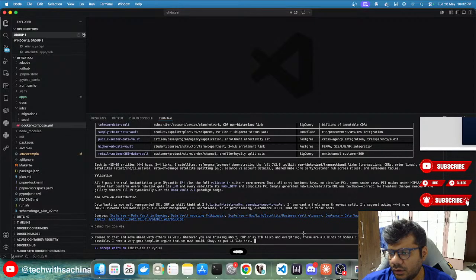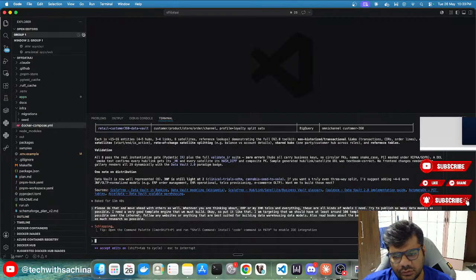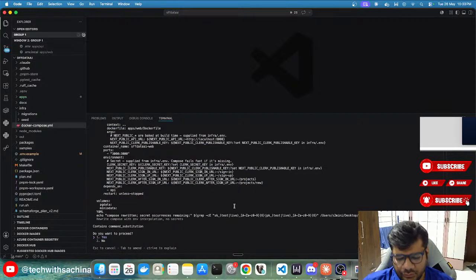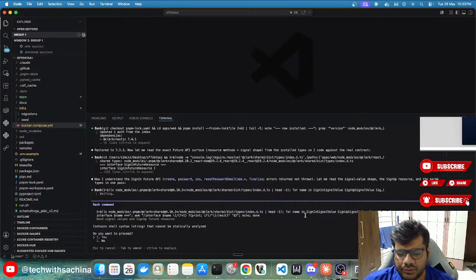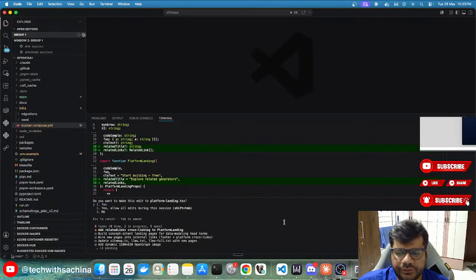Follow any websites which are best suited for building data warehouses and data models. Also read about books, best techniques of creating the data model. I'll guide Claude to do it for us, then we'll review it at later stages. Okay.